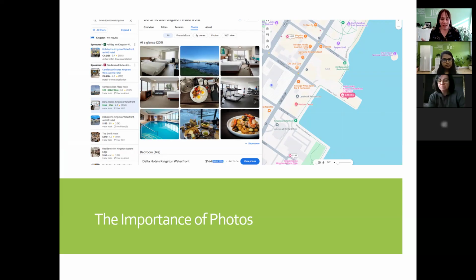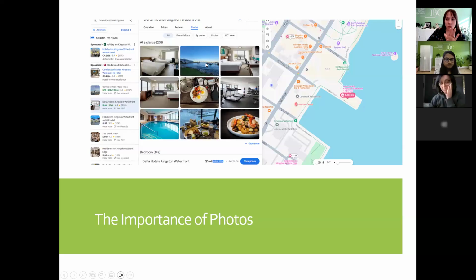So if you've ever stayed at a hotel, gone to a restaurant, booked an experience, you go here. I'm sure you've all gone here. I think I use downtown Kingston hotels. And we've all done it. We've gone to this listing of, okay, what do the rooms look like?